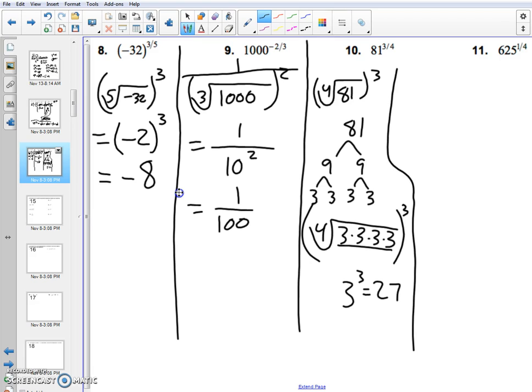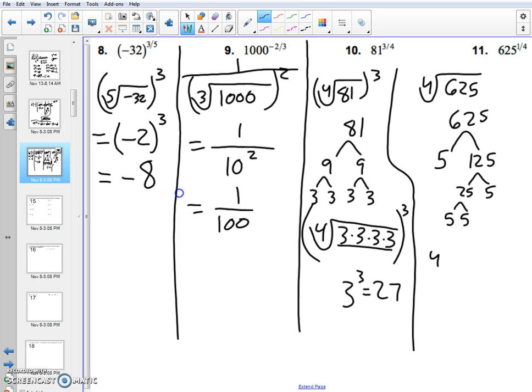Okay, we're going to do the same idea with number 11 here. So the 4th root of 625, I don't know off the top of my head, so I'm going to take that 625 and break it into something I might know. So I know it's got to be divisible by 5. So it'd be 5 and 125. And I know 125 is 25 times 5. I ended with 2 more 5s there. So we ended up with